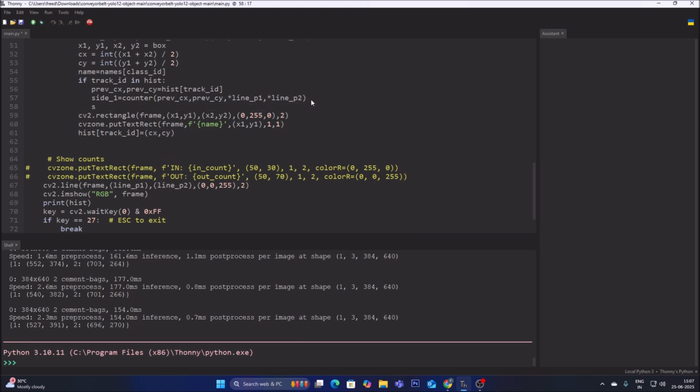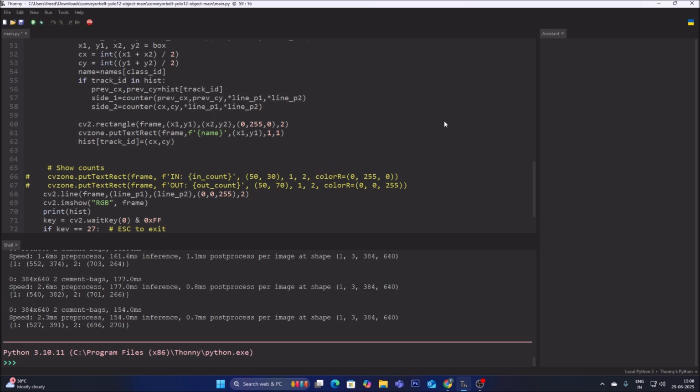Now side underscore 2, same way, is equal to, just copy this line as it is, paste it, and then only we will change the previous cx with the cx, which is the current, and cy, and all the things are same. So this is how we will get side 1 and side 2. Side 1 is basically the previous cx, previous cy, and line p1, line p2. Side 2 is basically the counter, means our function cx and cy, line p1 and line p2. That's it. Now we can create the condition if